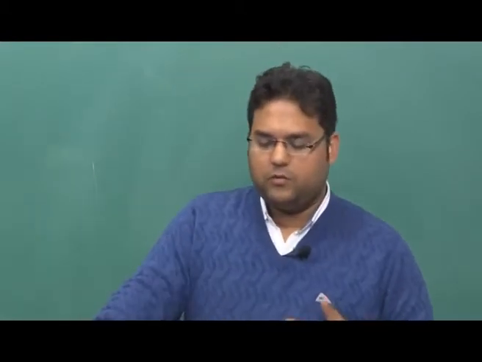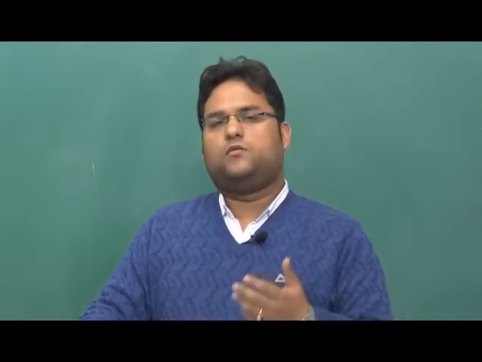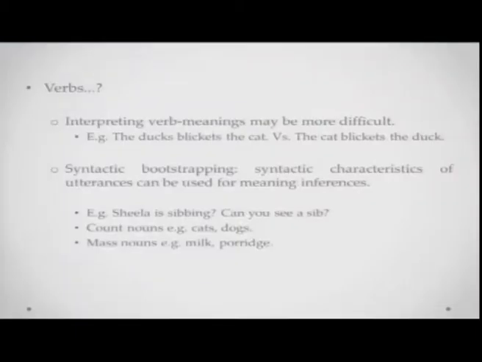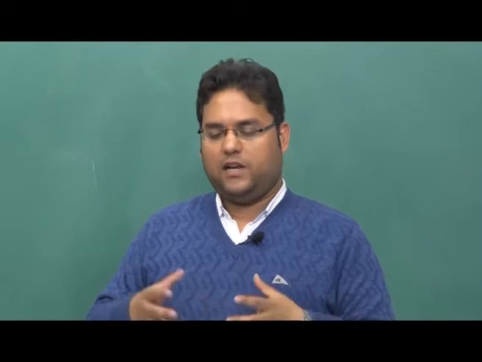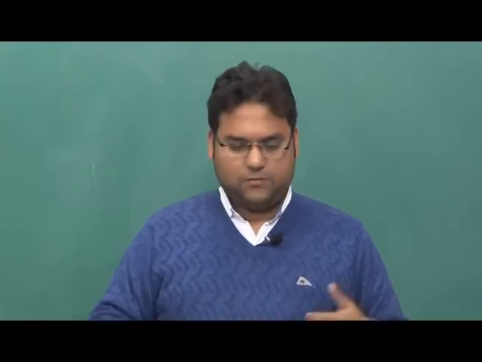Also, when you talk about verbs and nouns, there are some nouns that are countable nouns, cats and dogs and pencils and erasers, and there are some nouns that are mass nouns like porridge and milk and I want some milk. You don't say I want 1 milk or 2 milk. These are also syntactical features of our language that the child gradually learns to understand and gradually acquires. But again, you will see that there are various processes that are really happening.